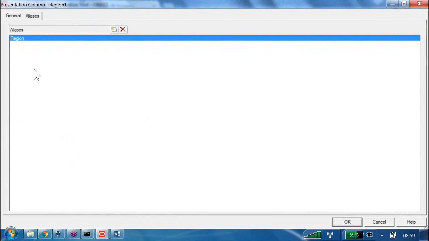All our old names will be tracked under the aliases. Alias is different. Alias is the one which is used in the physical layer. Aliases is different. That is the one which are going to use in the presentation layer to protect our renaming. Whatever you want, you can rename it, no problem. All the old names will be stored under the aliases.